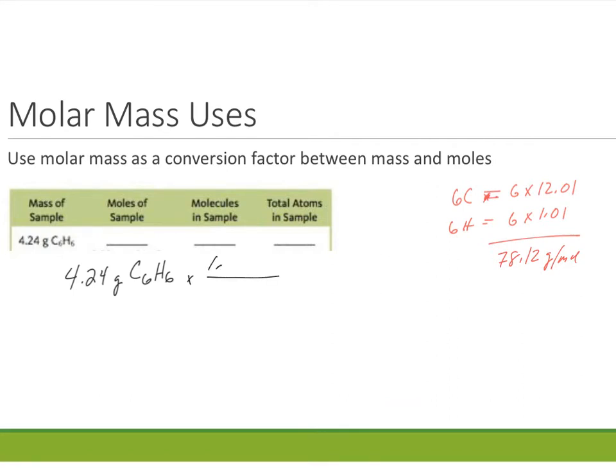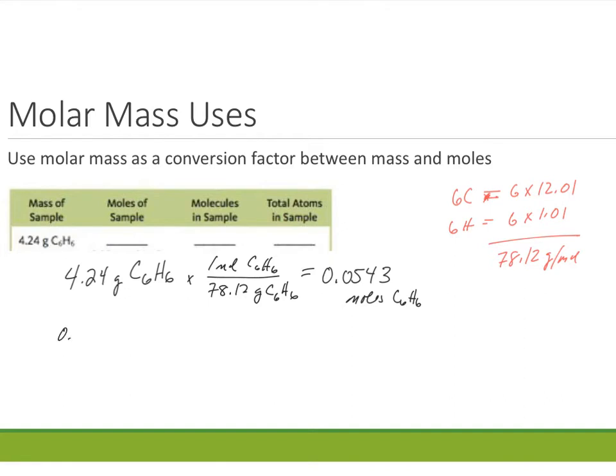I want to find moles. 1 mole of C6H6 weighs 78.12 grams of C6H6. And we get 0.0543 moles of C6H6. Now, continuing this problem, if we want to find out the number of molecules in this sample, we would